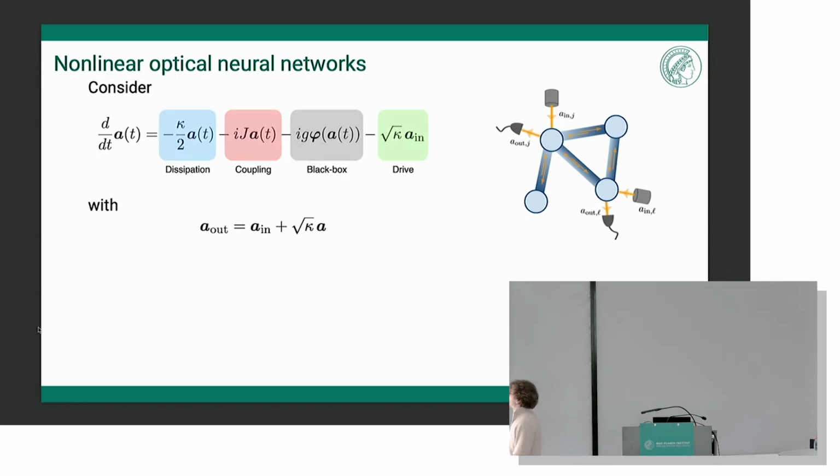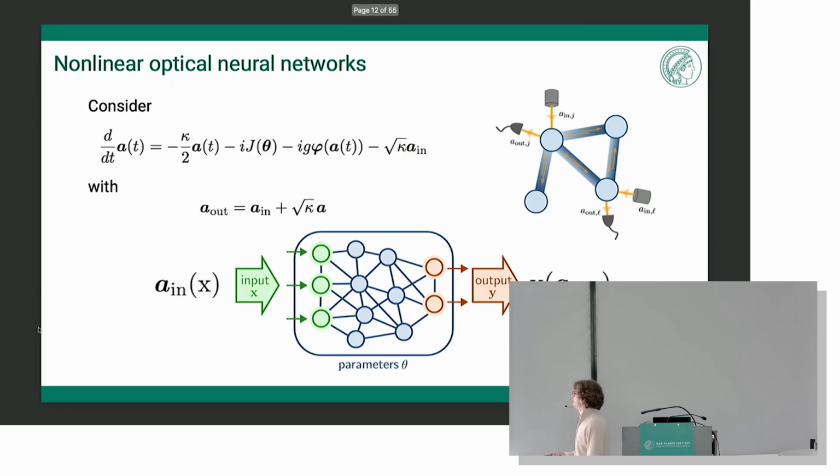In a very general way, you can break down the equations: you have a dissipation term, and then you have, let's say, some linear coupling with also the detunings on the diagonal, and then you can drive your system. Furthermore, the important part is that typically you would want to have a nonlinearity in your system, of course, and in optics this is kind of tricky. In many cases you don't really know which kind of nonlinearity you have. This can come from the Hamiltonian or from nonlinear dissipation that you have in your system. So we wanted to be very close to experiments and not even require being able to model this black box.